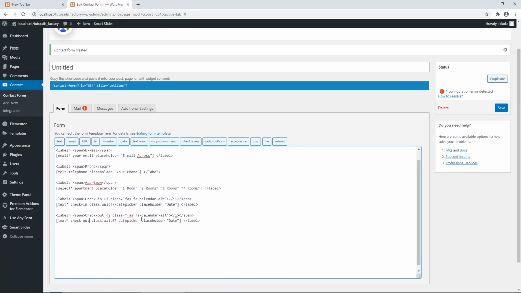Okay, also let's add the persons field, just like for our apartment. Here type persons, okay, also paste this code here, and the placeholders here will be 1, 2, 3, 4, or if you want, put more. Okay, and for the end,